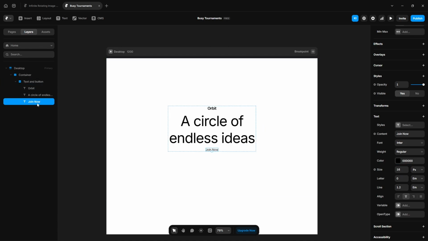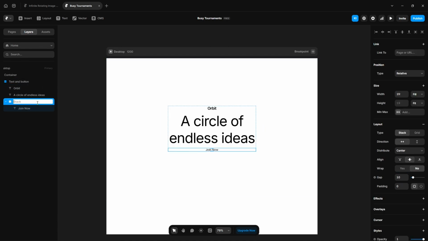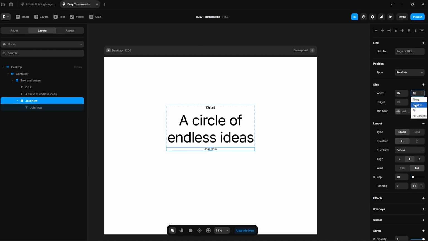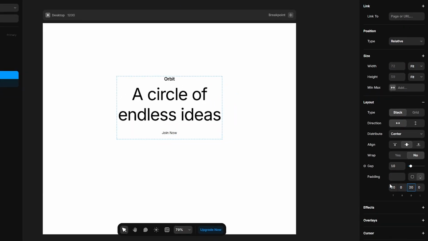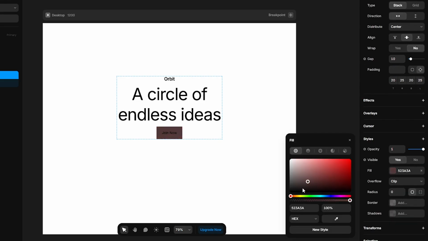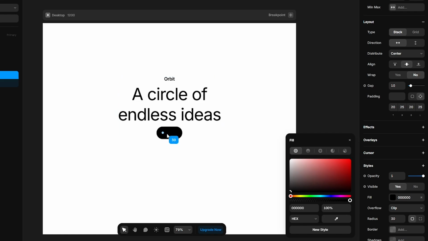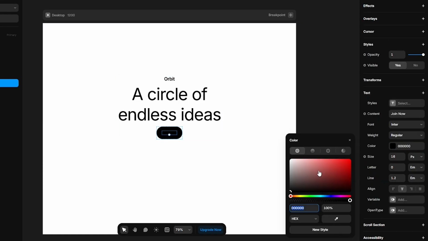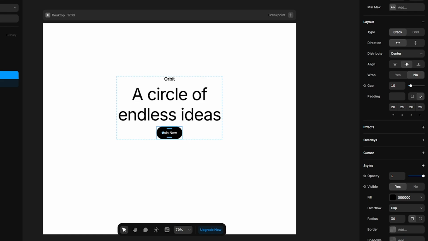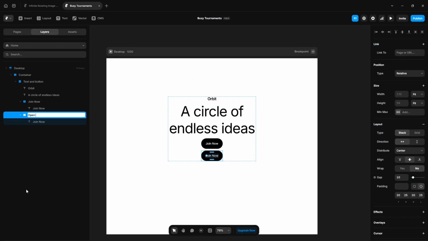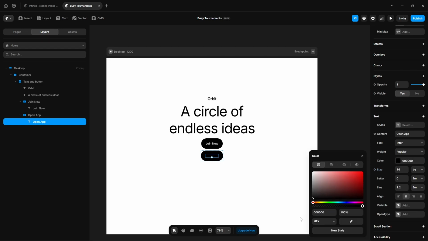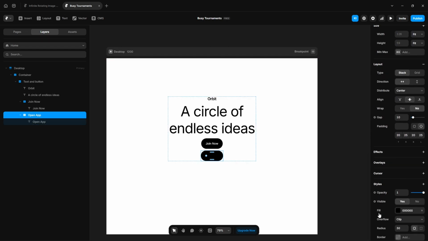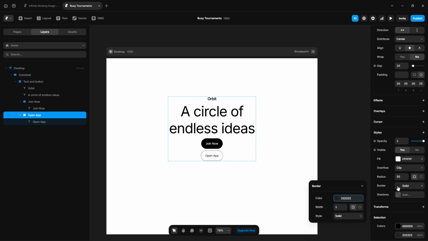add stack, name it join now, width, fit content, add padding, 20 on top, 20 on bottom, right and left, 25, scroll down, fill, change the fill color to black and round the corner like this, click here, change the color to white, duplicate this by pressing Ctrl+D, change the name to open app, update the content here, scroll down, color black, go to the parent layer, change the fill color to white, add a border and